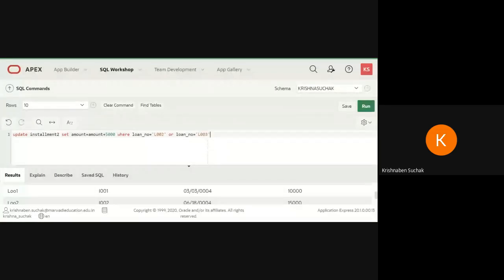Actually, I think my voice is lagging. Okay, so by running this query, the amount will be increased by 5,000 for the particular records L002 and L003.